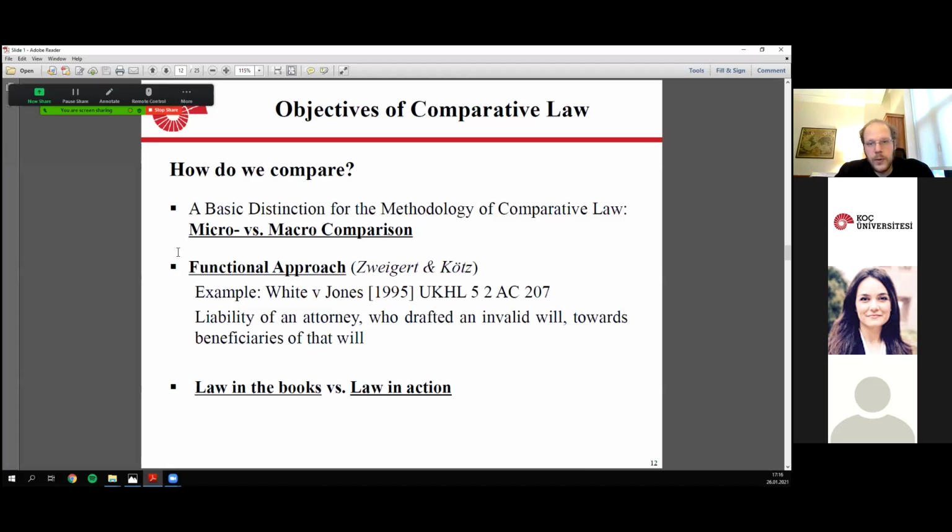Or what kind of authority do precedents have? Such questions are considered macro comparison questions. To have a good understanding and to reach healthy solutions, you would have to engage in both macro and micro comparison. For example, you may have heard that in the US, there are sometimes astronomical figures as damages